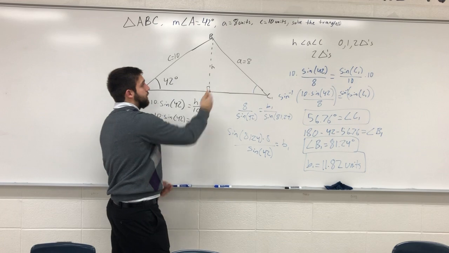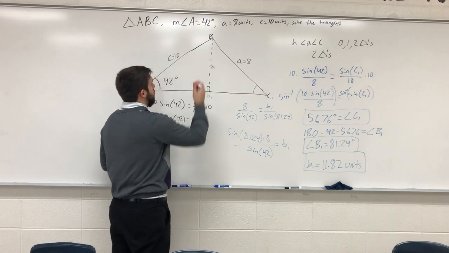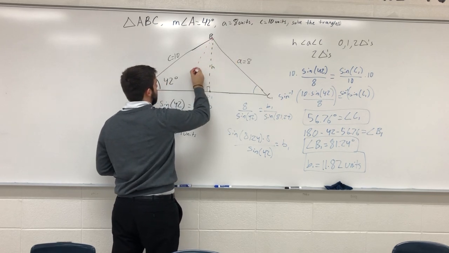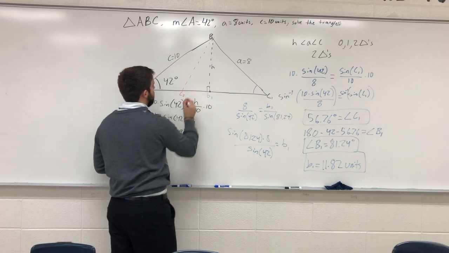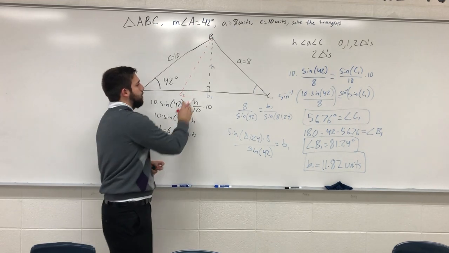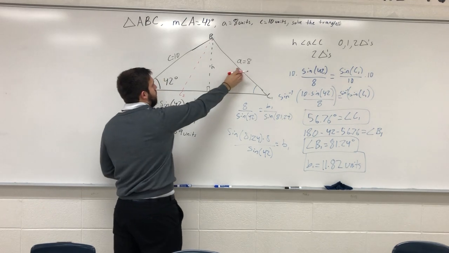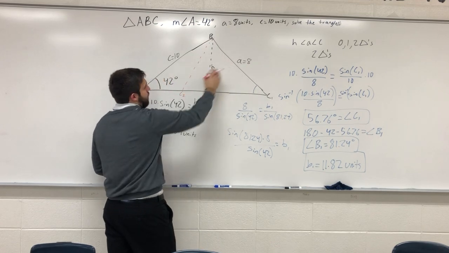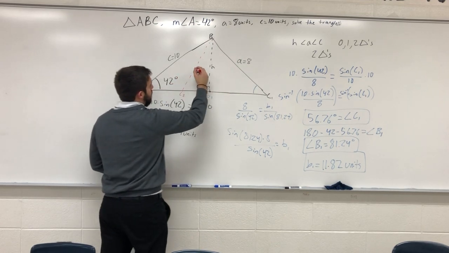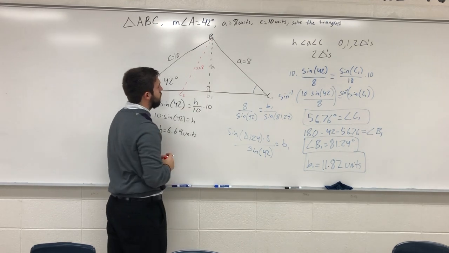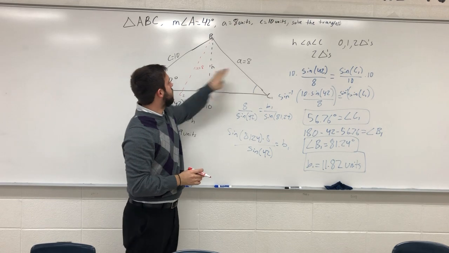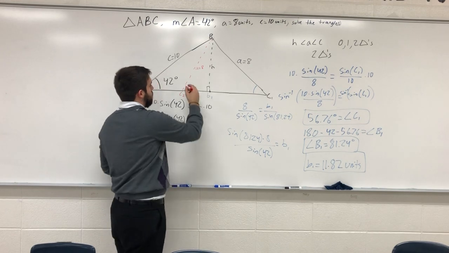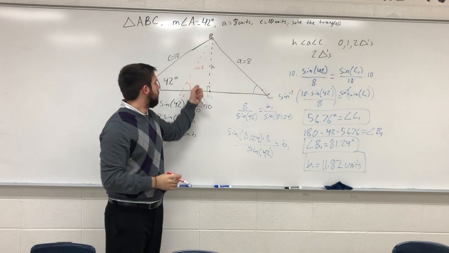But, like I said, there's a possibility of a second triangle, and that second triangle occurs if this side AC is actually swept inward and connects here, and that's where C could be. So C could be either one of these 2 points, and if we notice, if C is here, that's my side A equals 8, that means that this leg got swept inside the triangle to also be 8. So if that's the case, I have 2 sides that are equal in a triangle, and that means that this is an isosceles triangle, and their corresponding angles are also congruent, which would mean that C2 is congruent